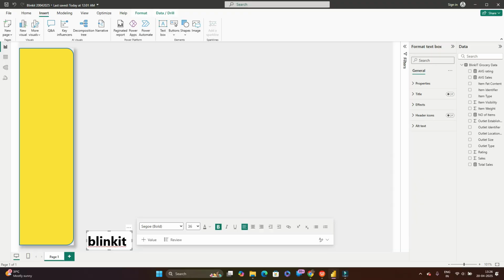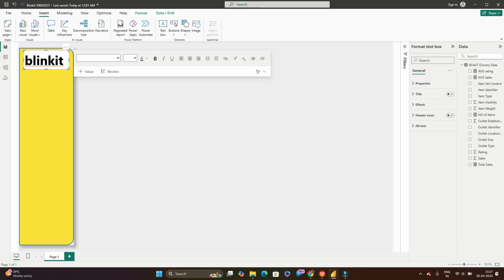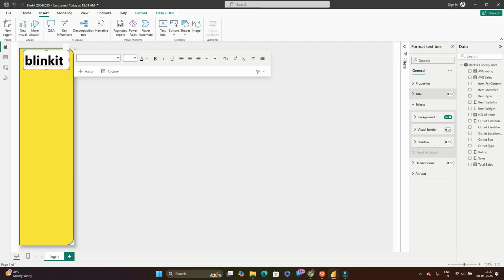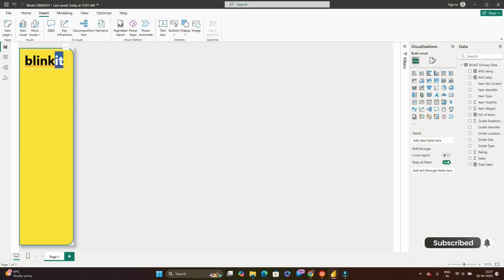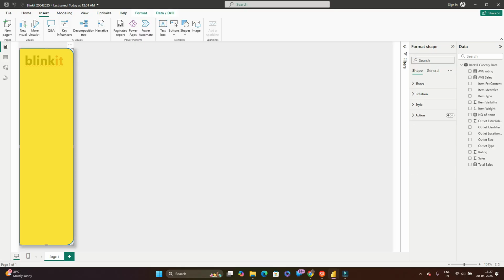Now bring it to the panel, place it over center. Yes, go to effects, visual, properties, background, turn off. Yes, so now it looks fine. Then just give a color for this. For that, let's go green. Yes, so now let's add the